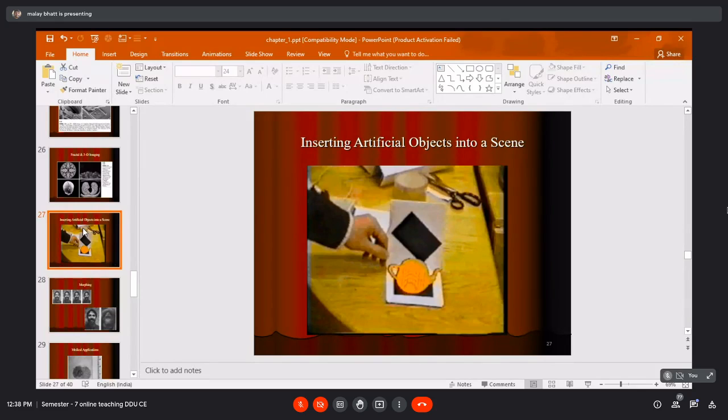Another example of this kind of thing you can find in various action movies, in Hollywood movies. Also you can see this kind of artificial object like Stuart Little in the movie. That is an artificial object which is inserted into a scene. The scene is taken through a camera, and later this artificial object, Stuart Little, that small mouse, is added into the scene. That is also image processing with computer vision, because that is done on every frame, not on one image.